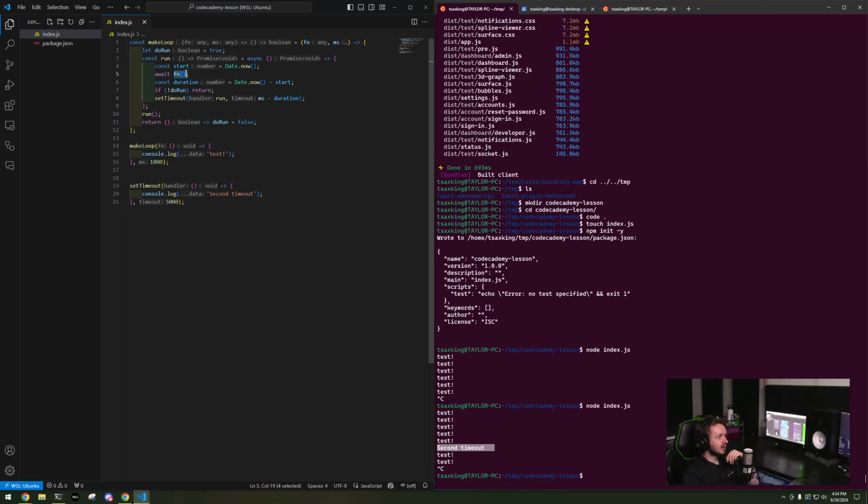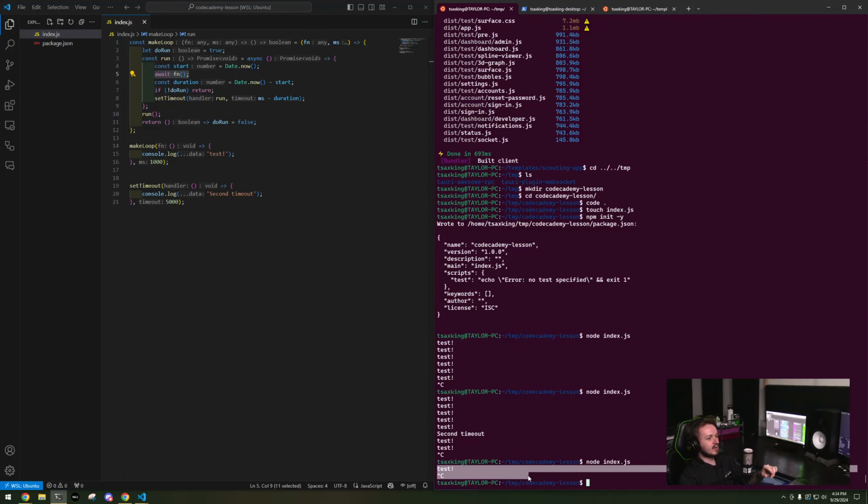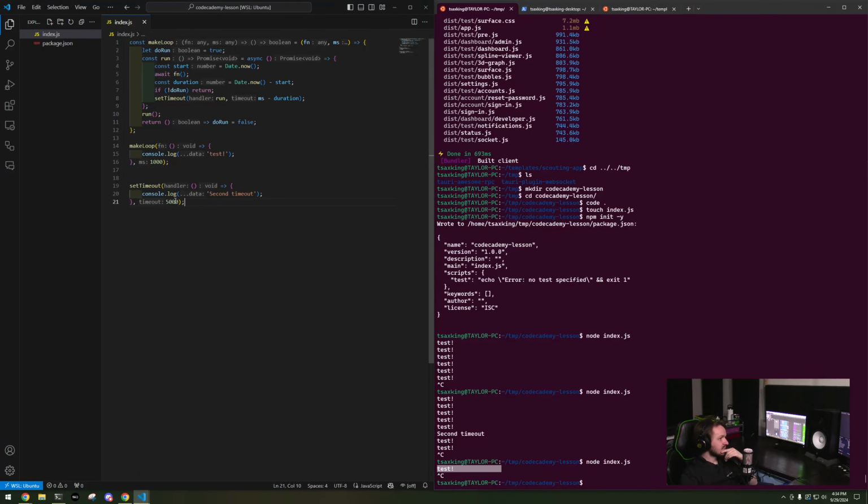This is because I run the passed in function first. That way it will always run at the very start. So notice how it immediately runs test. It doesn't wait for a second and then runs test. It immediately runs it. So now, as you can see, this make loop function returns a function that I set